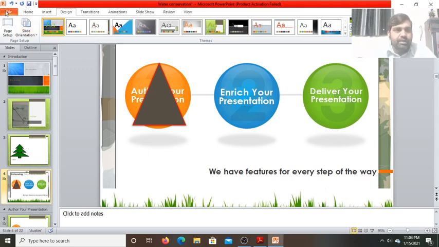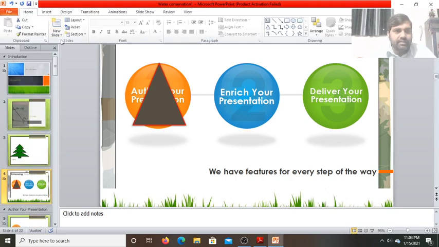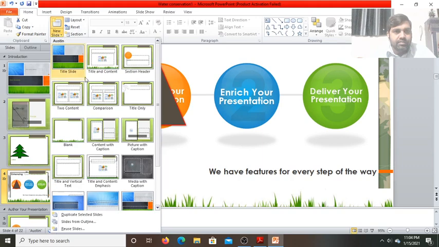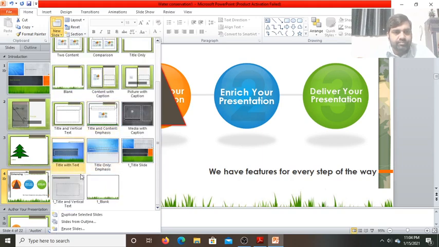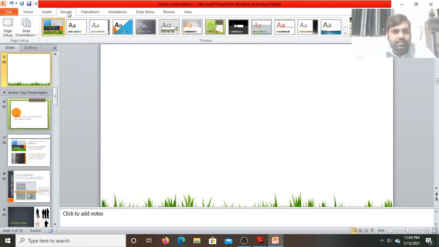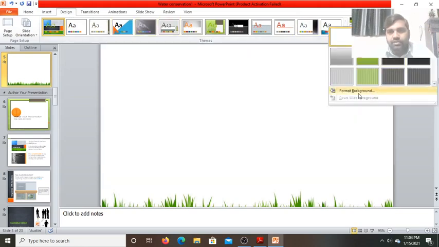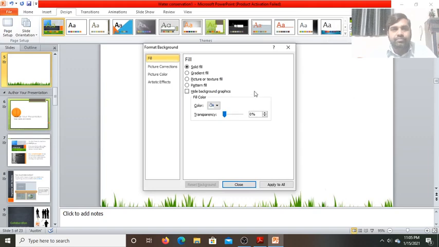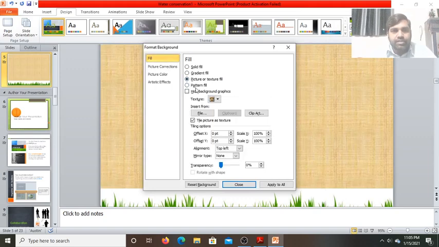Now if I open a new slide, I will go on the Home tab and take a blank slide. This is the blank one. Here I will add a watermark image, going to Format Background. Here you find the Picture option.